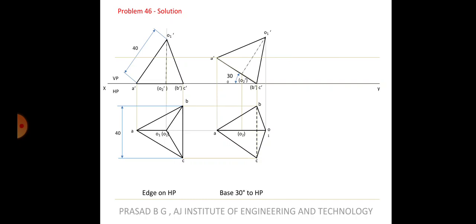Now the third view. So what is the third view? If you see the question, this is question number 13 in the question bank. I forgot to mention the question number in the case of your question bank. It's question 13 on the question bank. So it says that it is 40 mm away from VP. So what is the meaning of that?